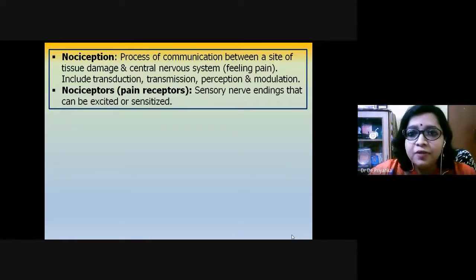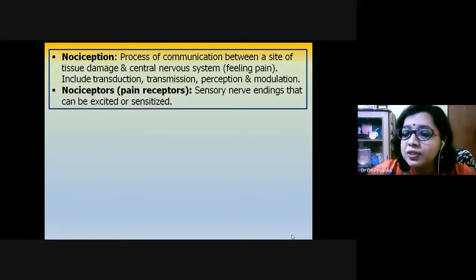The feeling of pain is actually known as nociception, which is defined as a process of communication between a site of tissue damage and the brain or the spinal cord, that is the central nervous system. Now, as the pain goes on, it has a definite pathway. Remember, I am not going into the hardcore pathways of neurobiology, but we have to mention one thing: the pain pathway in our body is made up of various substeps, which include, number one,